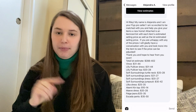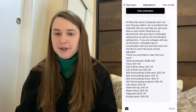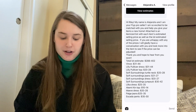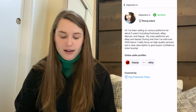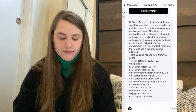Also, if you like your pro reseller, what they've done, and you have another lot in the future, there is a button you can go in and request them to apply to your lot. So then they can see if they're interested in selling it, because maybe at that time they don't need inventory or something. But I do like that feature as well, because there are a few of these people I would like to work with again, if they want to work with me. So then we got matched,